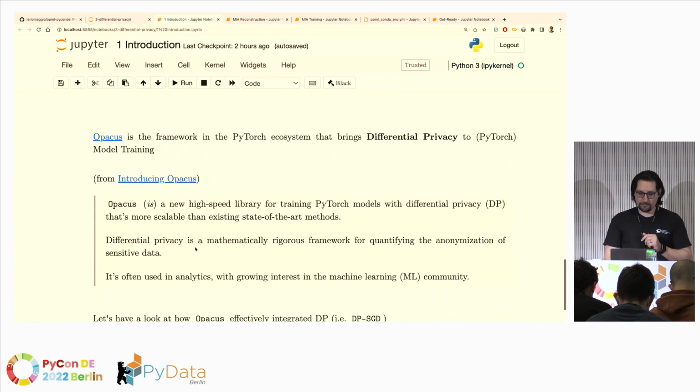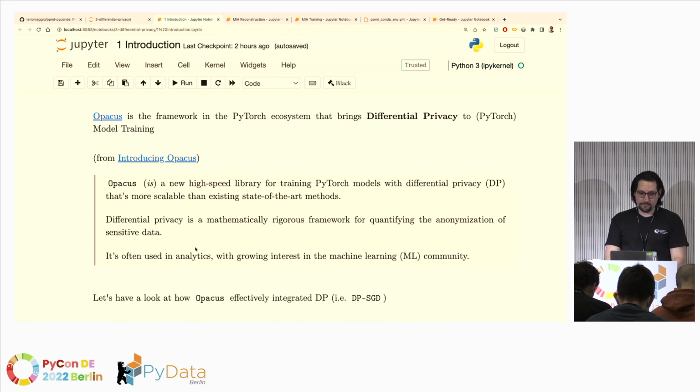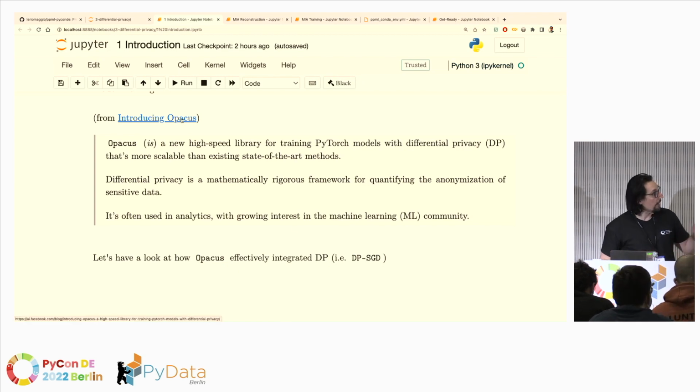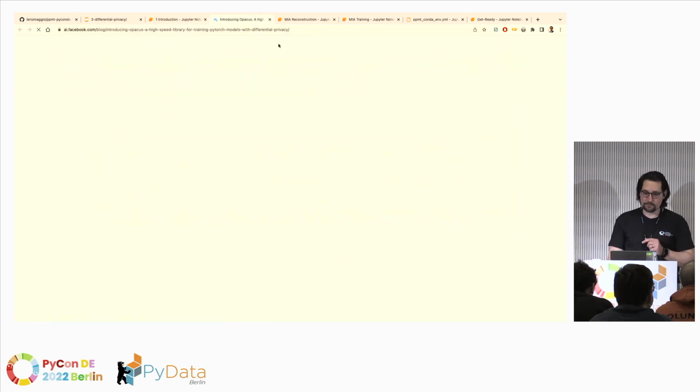And if you're wondering what Alpacas is, it's a new high-speed library for training PyTorch models with differential privacy. That's more scalable than existing state-of-the-art methods. And in fact, it is. Differential privacy is a mathematically rigorous framework for quantifying the anonymization of sensitive data, and it's often used in analytics with growing interest in the machine learning community. And let's have a look at how Alpacas effectively works. And to do that, I'm opening the link pointed here, introducing Alpacas, which is pointing to an article on the